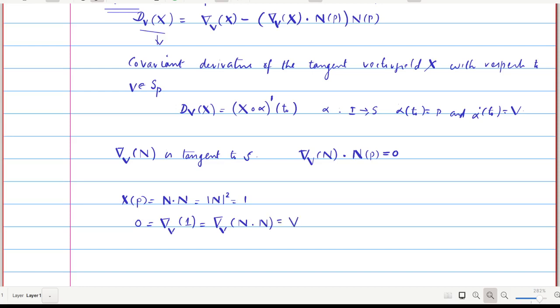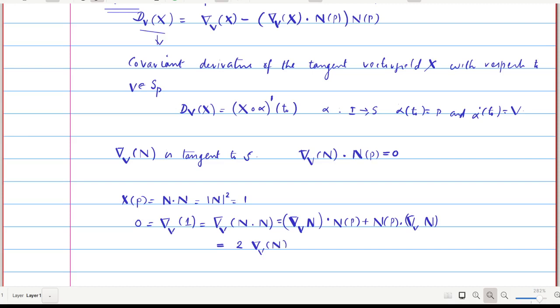By the properties of this n that we have discussed in the last class, del V of n dot n, where n is a normal vector field, is equal to del V n dot n of P plus n of P dot del V n. Now this is nothing but the del V of a dot product of two vector fields. So we can consider this as 2 times del V